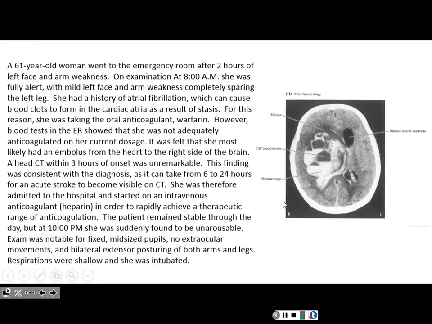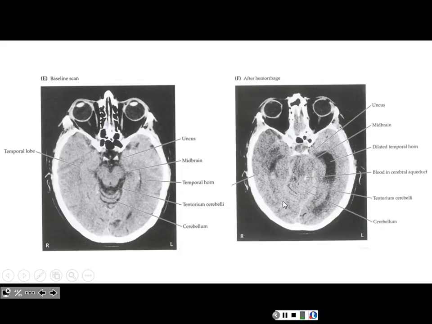Okay? And you can see how it has distended the brain and caused compression of some of its component parts. And in fact, if you look at the brainstem in this patient, here's a normal, here's the, as they say, baseline scan. Here's the cerebellum, midbrain. Here's the uncus of the temporal lobe over here and the horn. After her bleed,